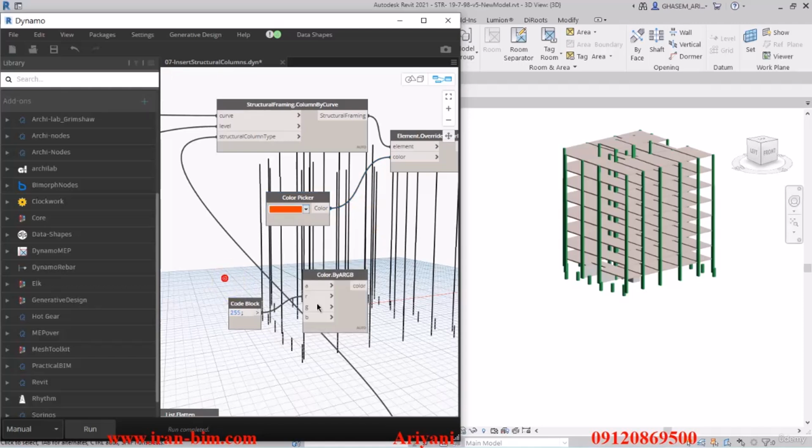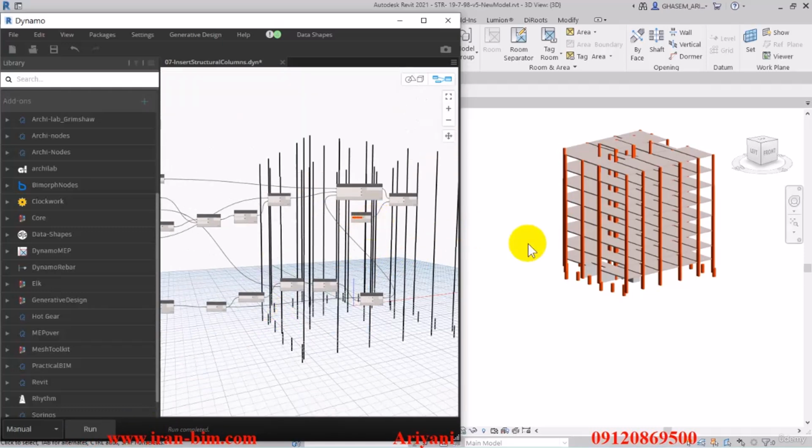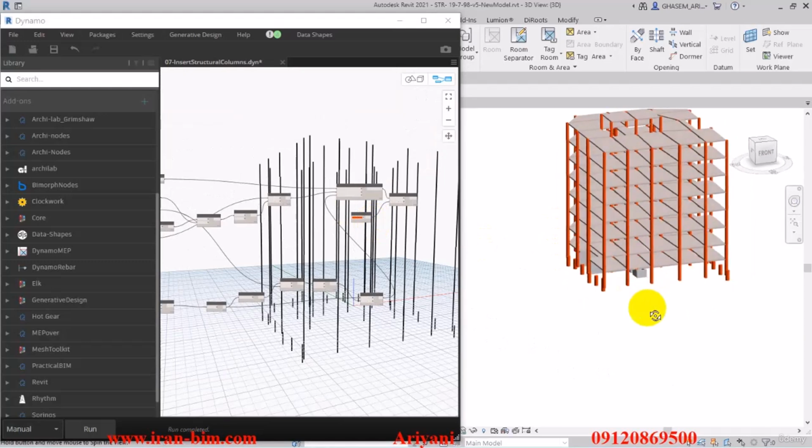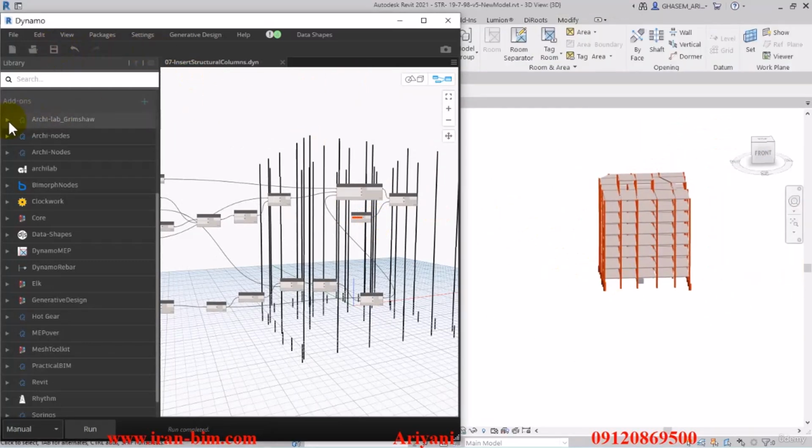Well, the process of the color picker is a bit more professional and it's easier to work with. And those who've worked with Dynamo already know this. So we can use this method to do the work here. And we can now delete these. We don't need them anymore. Save the Dynamo and